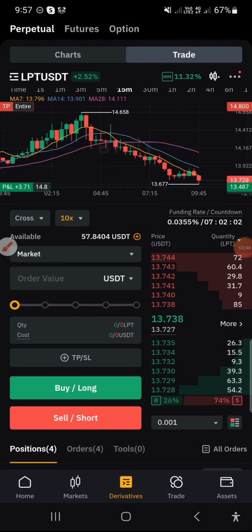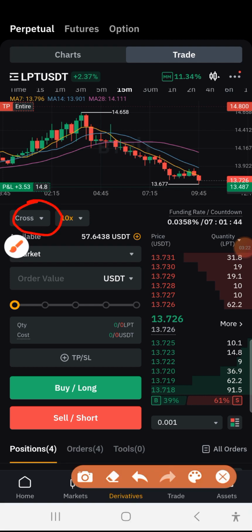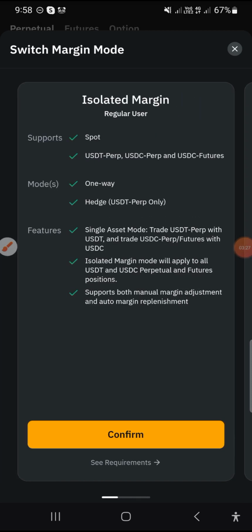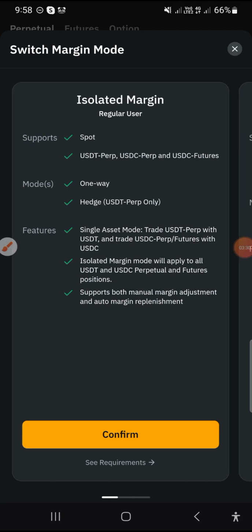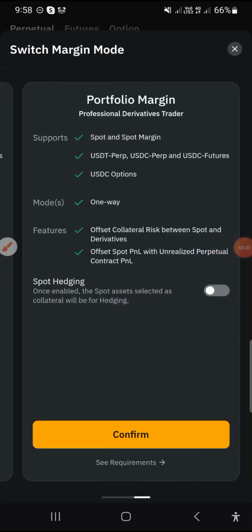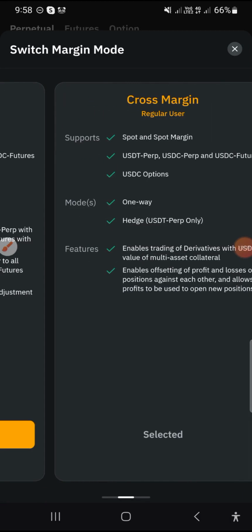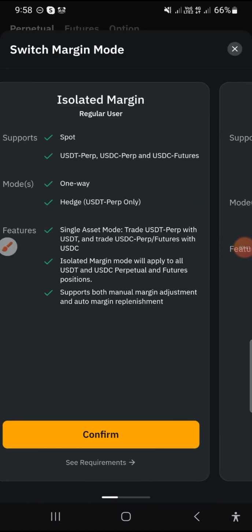you just come here to derivatives. There are many things you need to understand here. I've already shown you the signals. Another thing you need to understand is the difference between the options when you click on this place where they write cross. You will see isolated margin, cross margin, and portfolio margin. But we are using either cross margin or isolated margin. Now let me